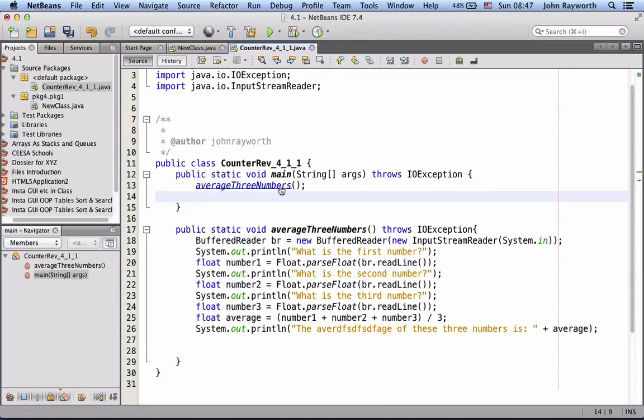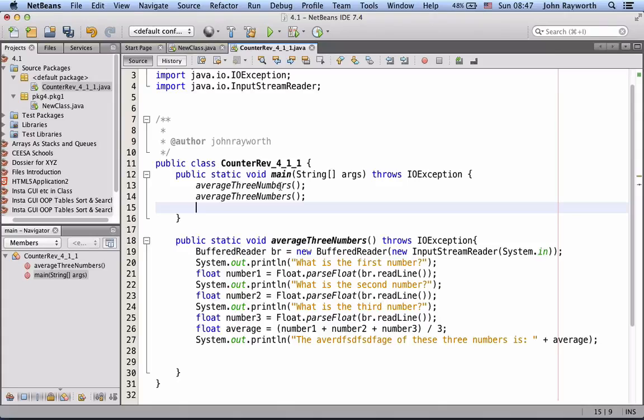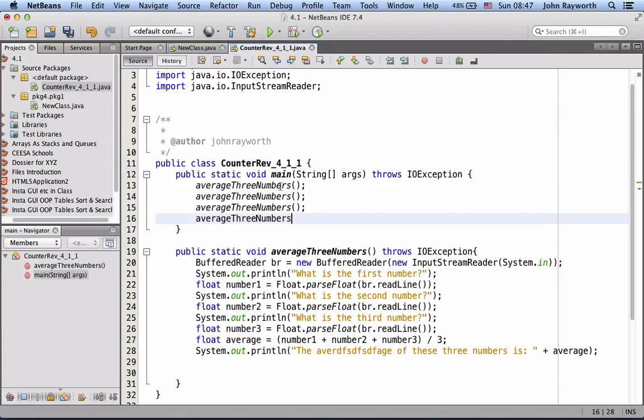And now I'm going to call it again. And how many times am I going to do this? Maybe 4. So paste it again, call it again, and call it a 4th time. And I could go on and on and on, but each time I'm not copying and pasting 10 lines or whatever. I'm just referring to this block of code which specializes in taking in 3 numbers,